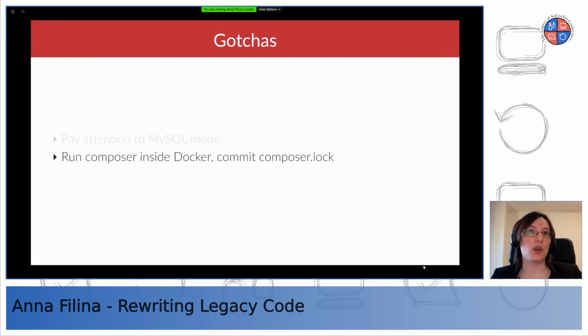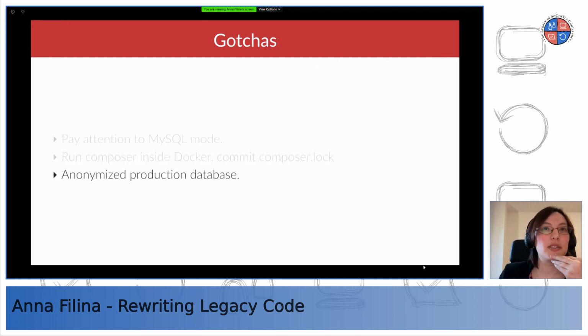Not your local, your host machine's environment. So if my Mac runs on PHP 7.4, I want to make sure that my dependencies are installed for PHP 5.3 as in the Docker. So I run the Composer commands from inside Docker, and then I commit composer.lock. So all I have to do when I switch branches is just composer install, and that's it.